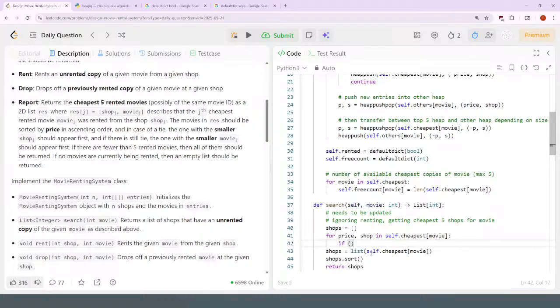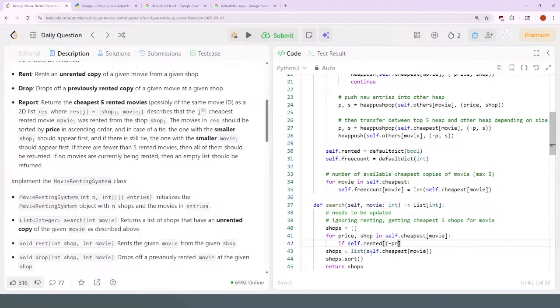If self.free or self.rented for negative price shop,